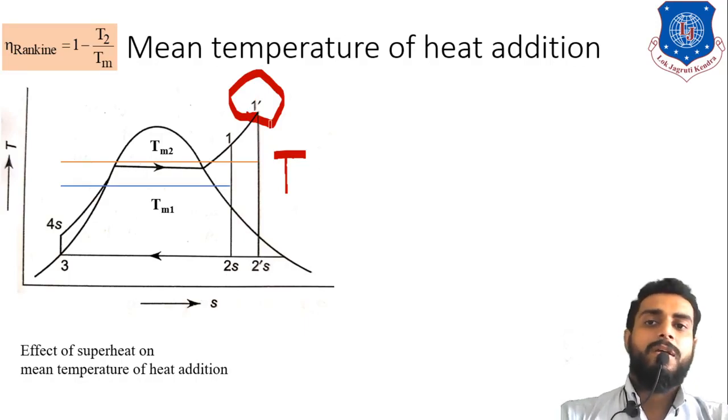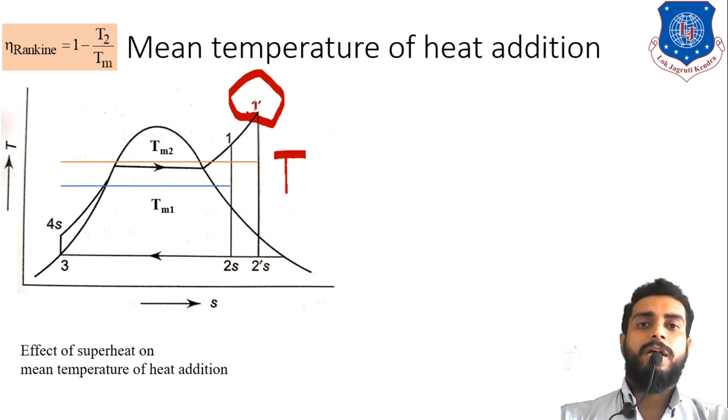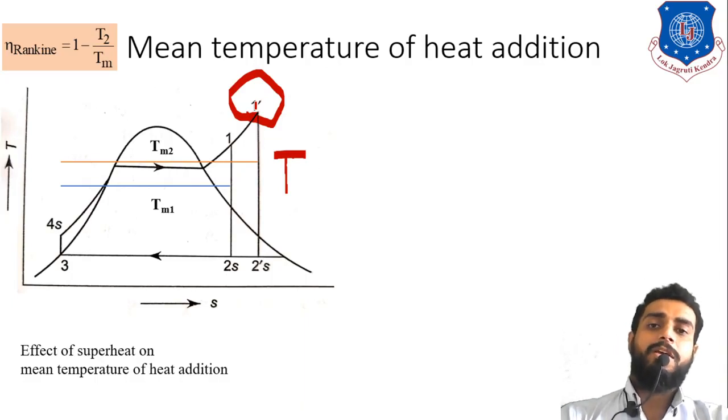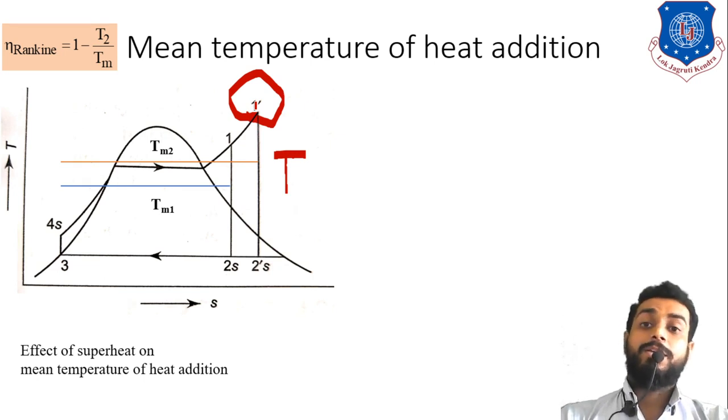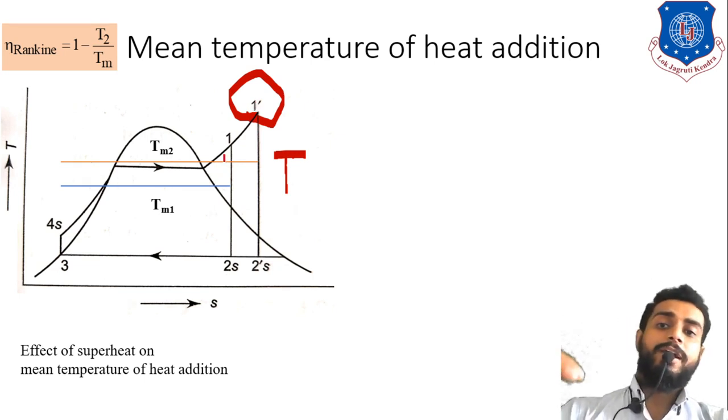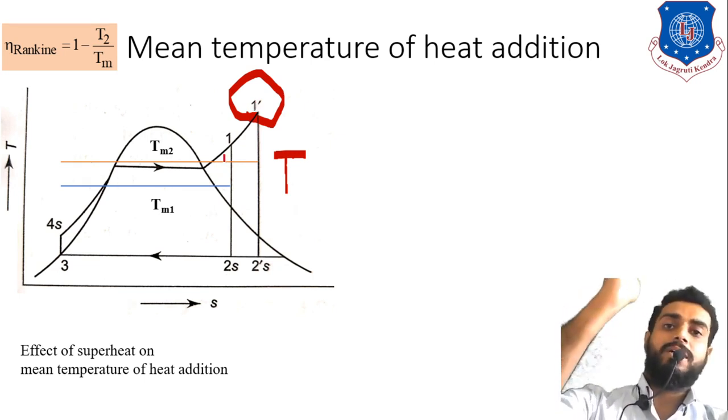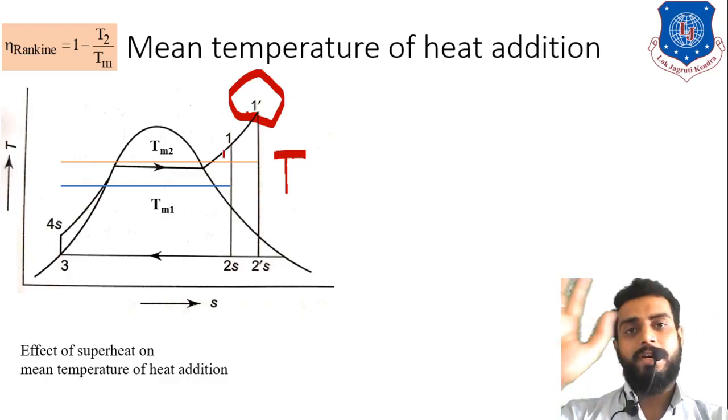Okay, because the turbine material as well as this process is taking place in the boiler. So in the boiler you might have learned that different heat exchanger devices are used, that is the economizer, air preheater, right? So the material of those devices will also get damaged if the temperature is too high. Okay, so that is the limitation, that you cannot increase the superheat temperature beyond a certain limit. So that is our limitation.